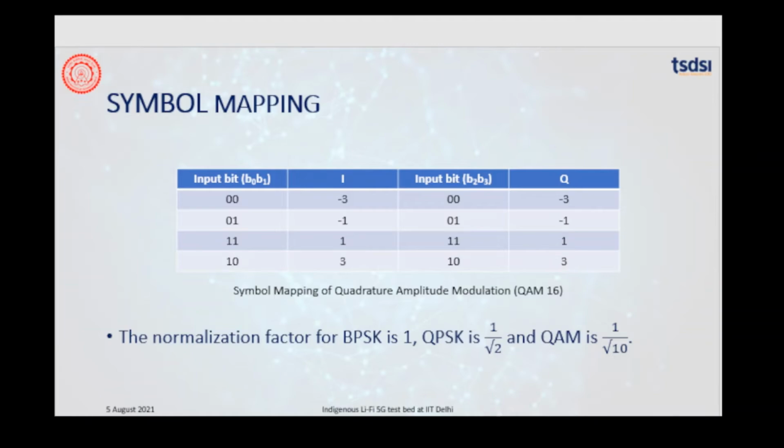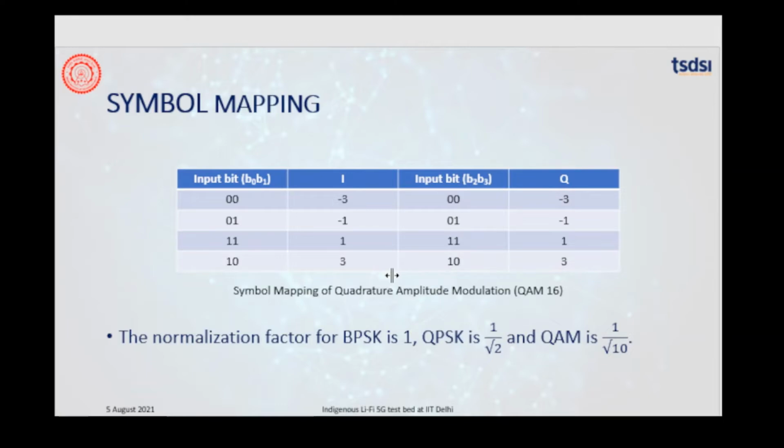In case of 16-QAM, 16 bit to symbol mapping combinations are possible. So 4 bits are required to map all the possible bit combinations to the symbol combinations. So we can think of 16-QAM as a combination of two 4-PAM along the I and Q channels. Each 4-PAM can be represented with the help of 2 bits, and there are 4 possible symbol combinations. This is shown in this table. So 00 is mapped to -3, 01 is mapped to -1, 11 is mapped to 1, and 10 is mapped to 3.